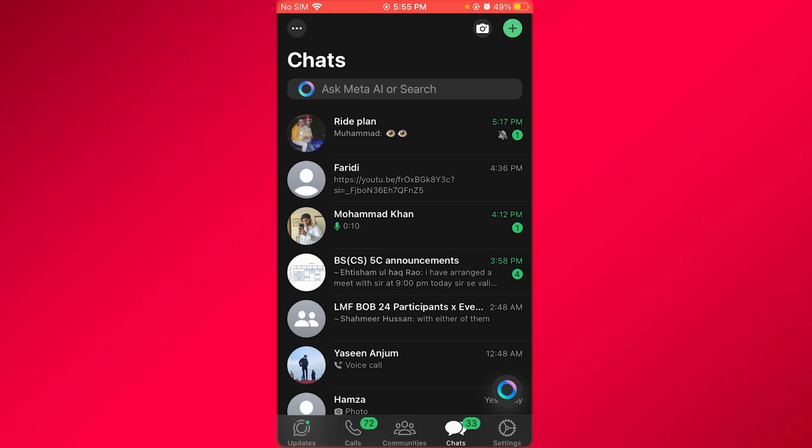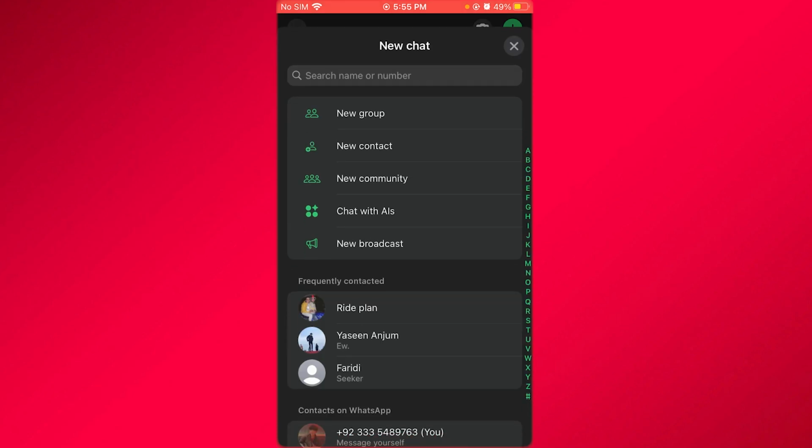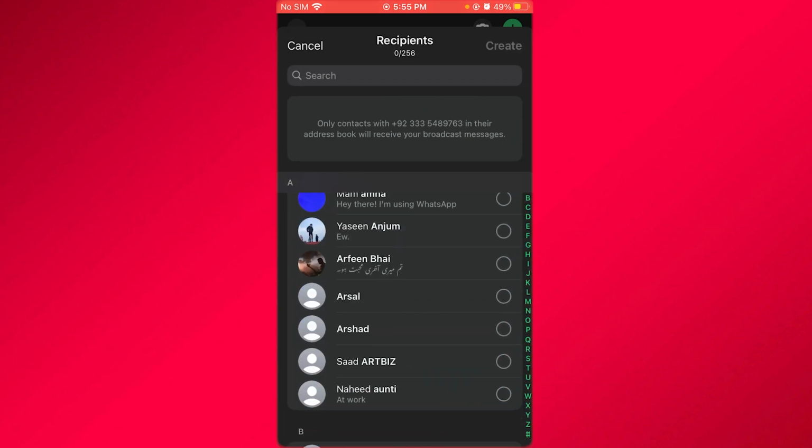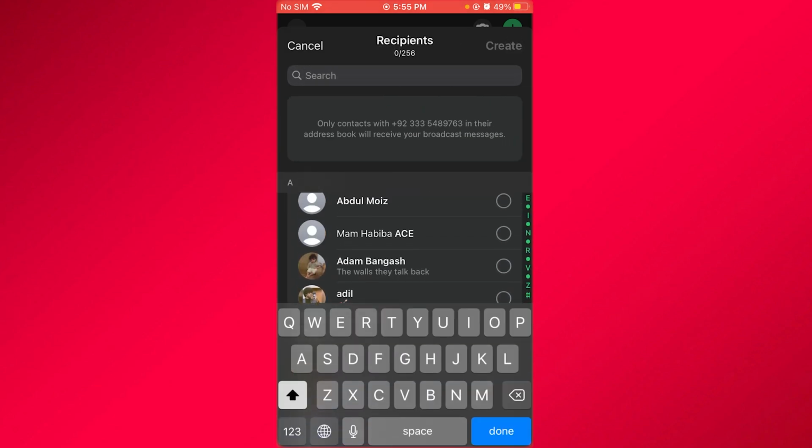So what you're going to do is here in the top right where you see the plus icon, you're going to click on it. And once you do that, it's going to give you new group, new contact, new community, new broadcast. All right. So to create a WhatsApp channel, you're going to create a new broadcast. Now, once you create a new broadcast, basically what you're going to do from here is you're going to